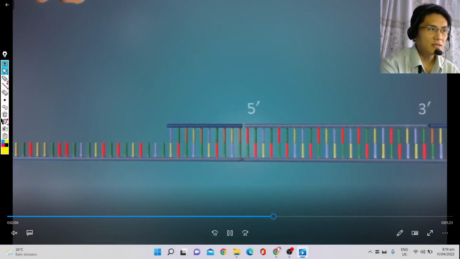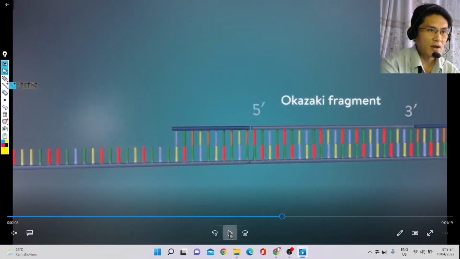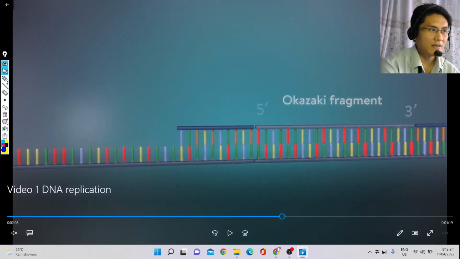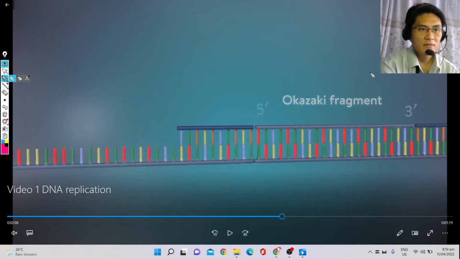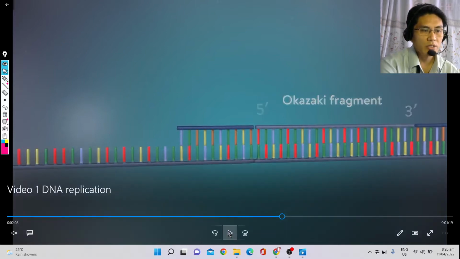The problem is, if that is 3 prime to 5 prime, guess what? Your DNA polymerase, if it starts here and goes that way, that direction is 3 prime to 5 prime. And again, what did we say? It cannot do 3 prime to 5 prime. Okay? It cannot do 3 prime to 5 prime. So, how would it solve that